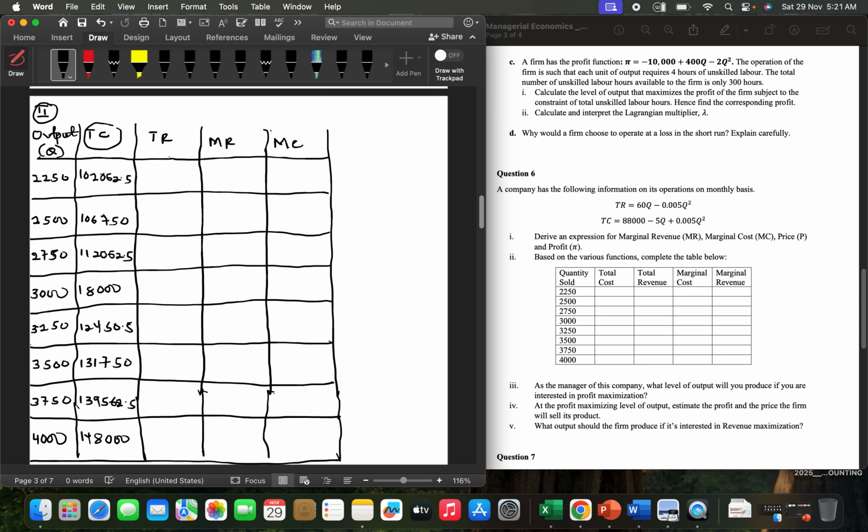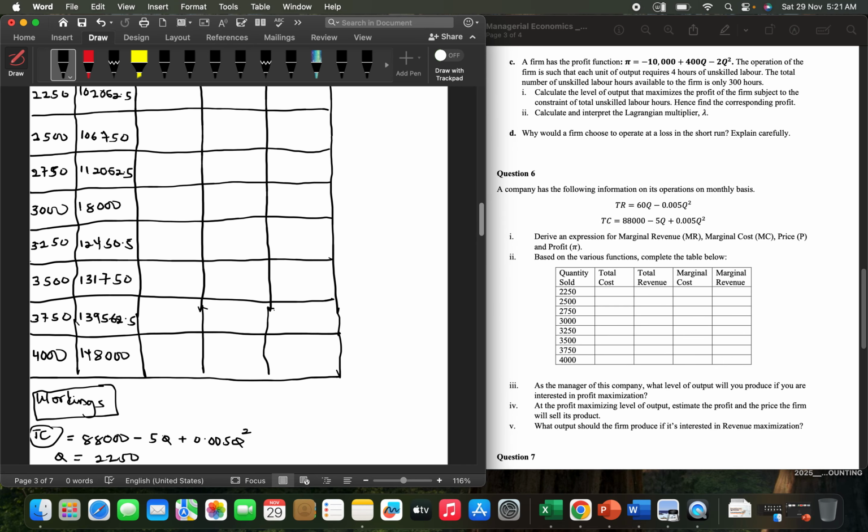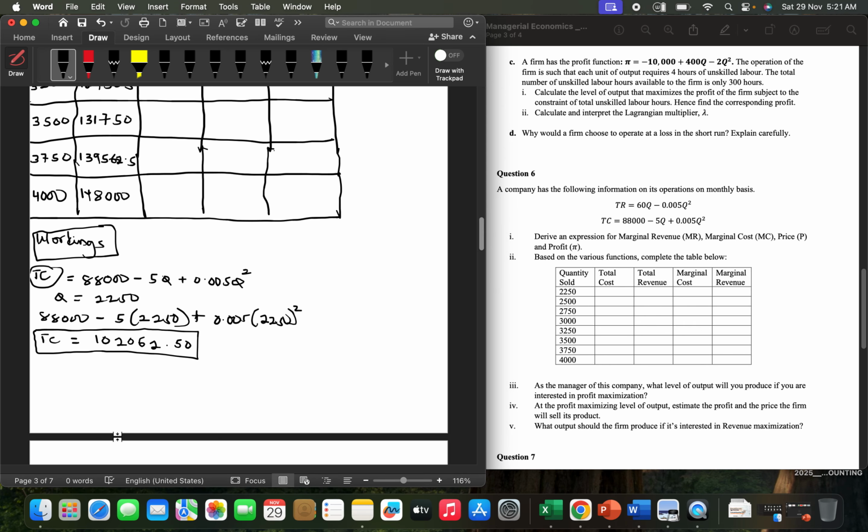So you fix all the outputs in the total cost function to get the total cost column. I think I've explained. That's why I did only the first working, for you to know how we would solve it. So basically that's how we are going to solve the total cost side. The next column we were given was total revenue. They give us the total revenue function to be